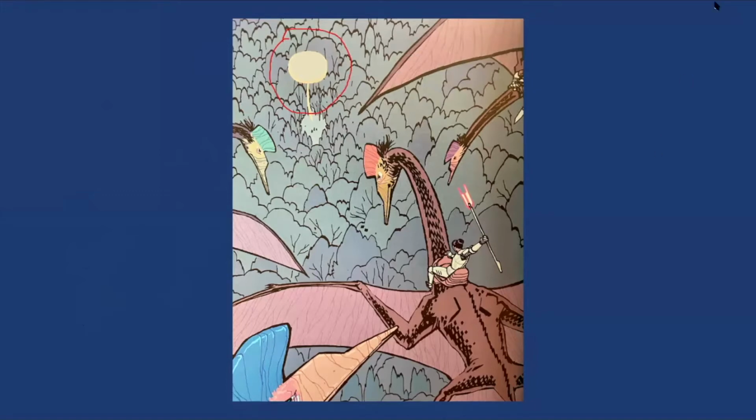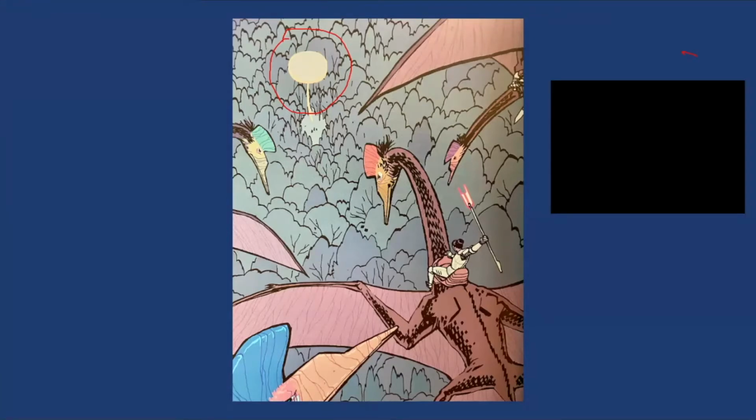And would someone like to share what you think that speech bubble is saying? I think in the bubble, one of the pterodactyls is probably trapped, that it's calling for help. So, yeah. Well, let's see what this caption can tell us about this story.